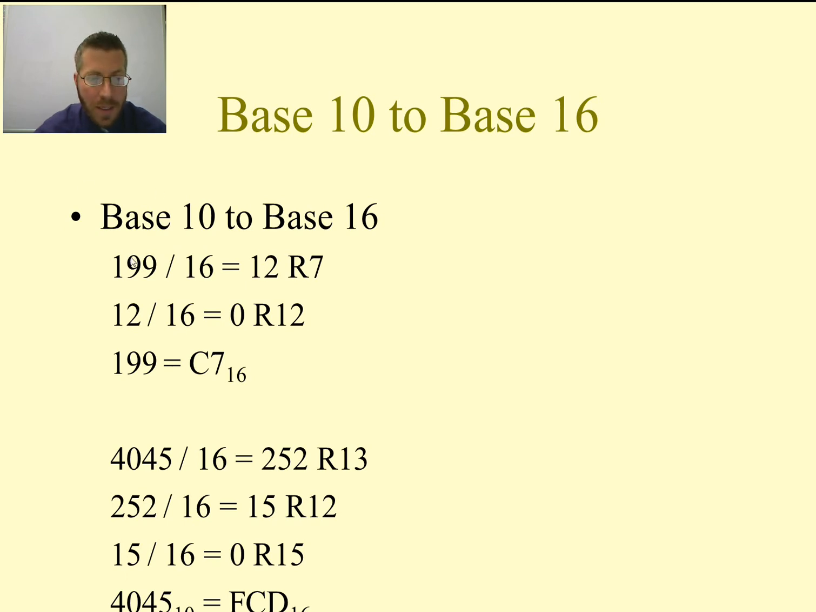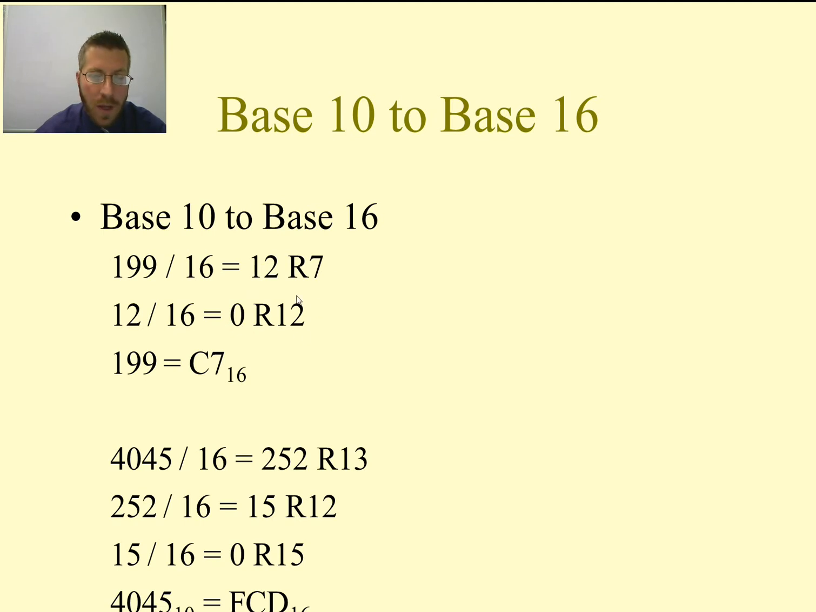So let's take a base 10 number, 199, and we're just going to start dividing it by 16 since we want to convert this to hexadecimal. We divide it by 16, we get a 12 with a remainder of 7. We then take our quotient of 12, divide that by 16, we get a 0 with a remainder of 12. As soon as we get a quotient of 0, we stop dividing, and we're just going to copy up from